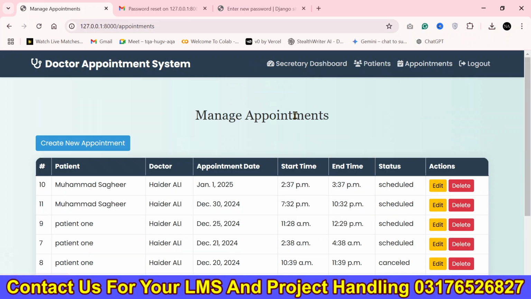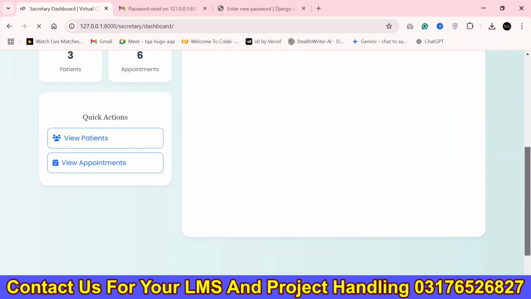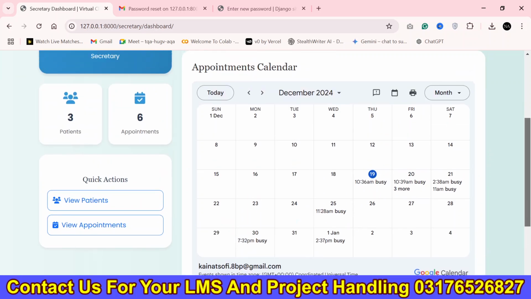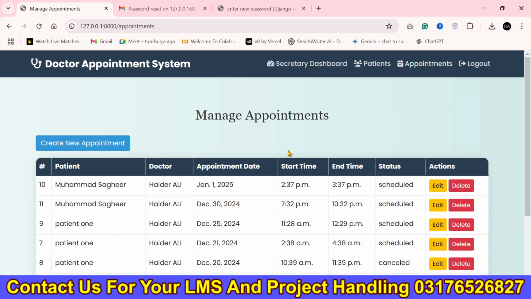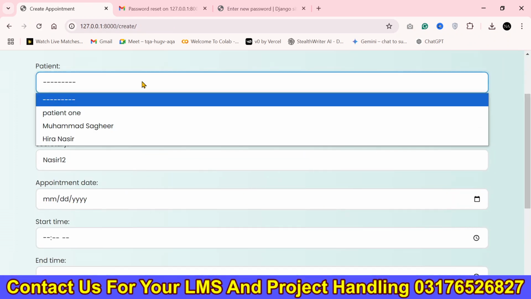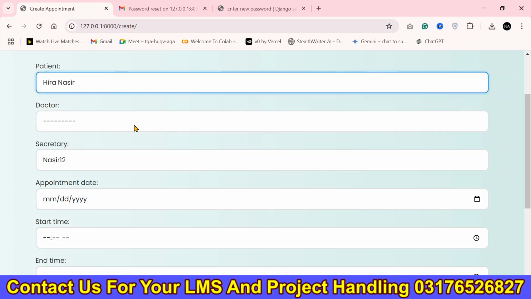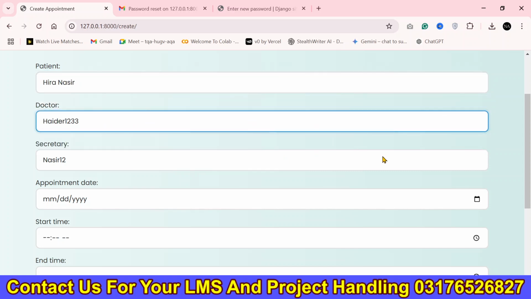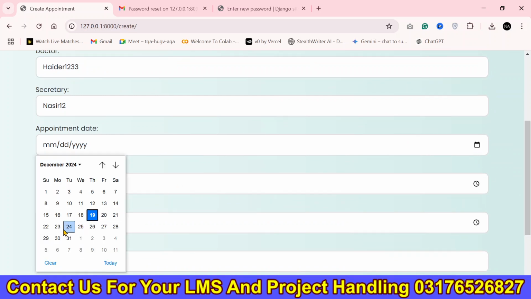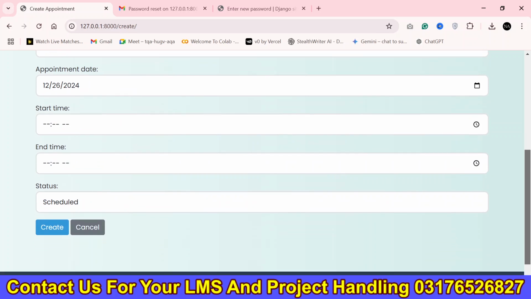And on appointment, he can create a new appointment. First of all, he can view all the busy hours of the doctors. These are the busy hours of the doctors. 26 December is a free day for appointment, so we need to make the appointment on 26 December. So the patient would be Hira Nasir and the doctor would be our own doctor. Appointment date would be 26 December. Start time would be